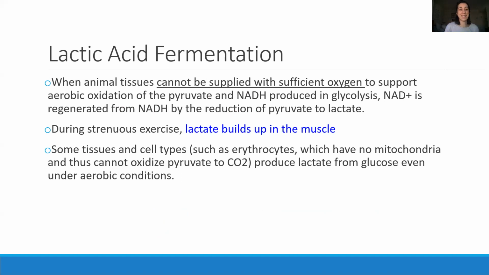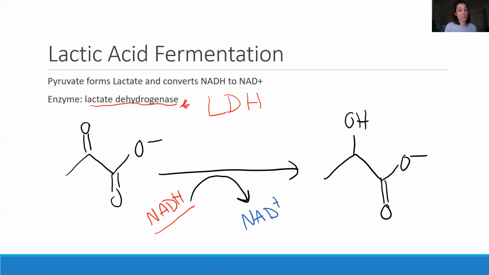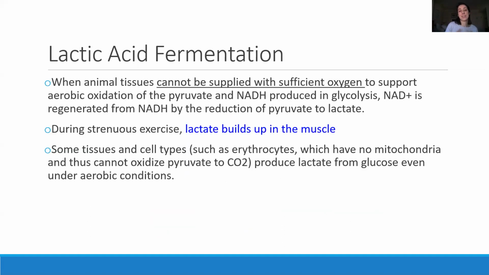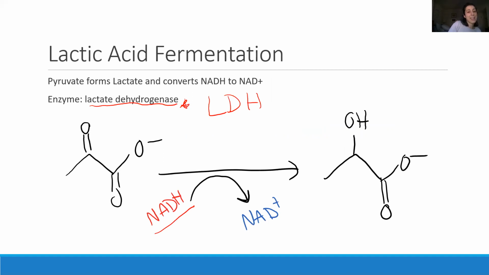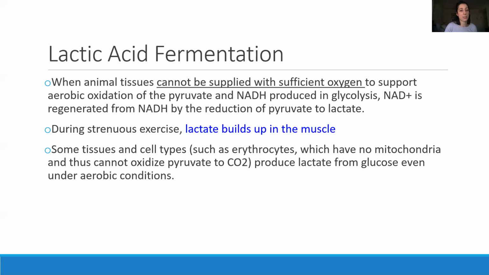Why would we do this? I just showed you what the reaction is. Using lactate dehydrogenase, we take pyruvate, we make lactate. But why? Why is this going to be efficient in energy generation? And actually, if you remember, I actually said that NADH is an energy molecule. So why are we taking an energy molecule and then breaking it back into NAD+? Important questions. In animals, when we cannot be supplied with sufficient oxygen to support normal aerobic oxidation of pyruvate, so that's citric acid cycle, if we cannot go down that pathway,